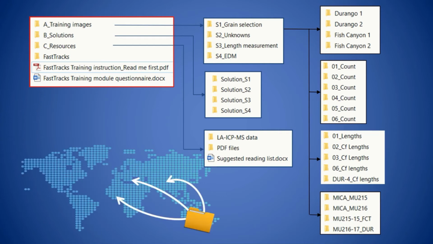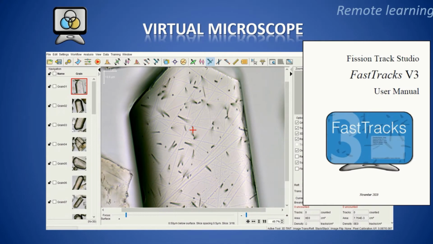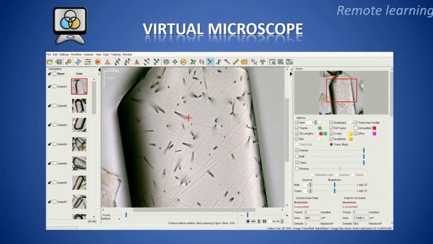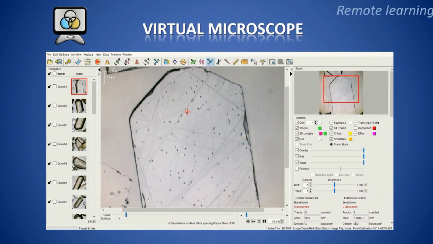This package is stored in a cloud platform for easy access worldwide and is ready to be distributed. After downloading the folder, which may take some time, the module is carried out primarily throughout FastTracks software. A comprehensive user manual is included in the package showing trainees all the essential operations and the tricks they need to know. In FastTracks, the captured Z-stack can be zoomed in and out at will and scrolled to give a